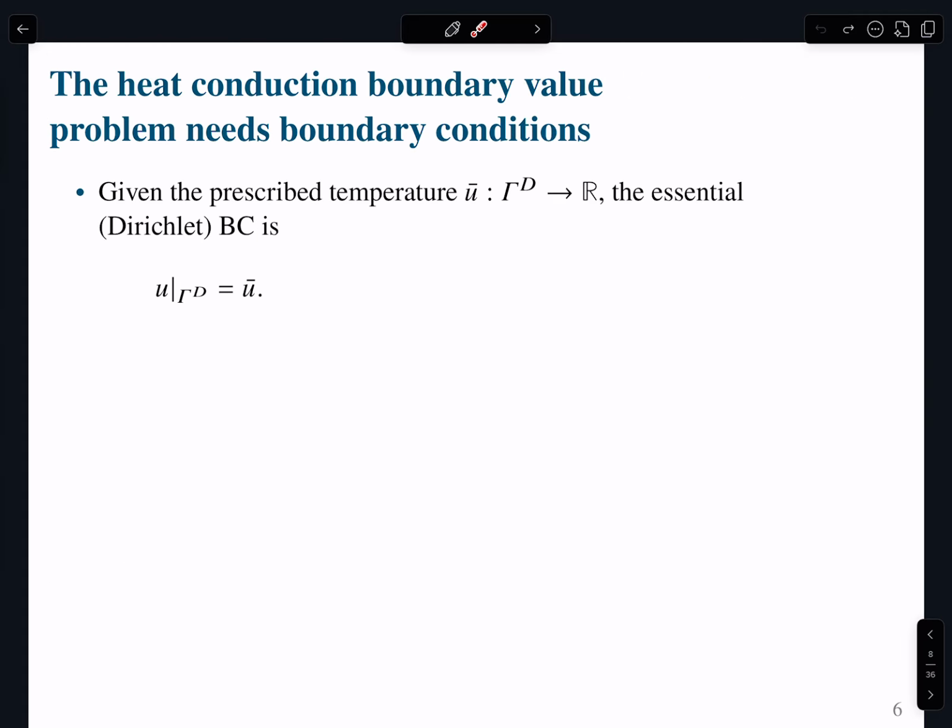Okay, as I said, in order to set the proper boundary value problem, we need boundary conditions. And so how many boundary conditions are there? 3, which are Neumann, Dirichlet, Robin. How many? 3. Okay, so my first boundary condition is my